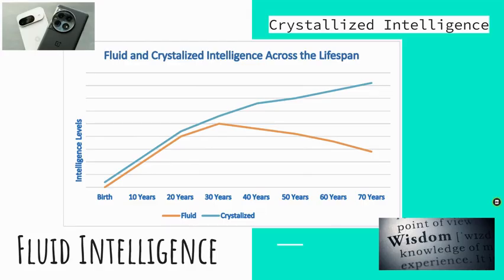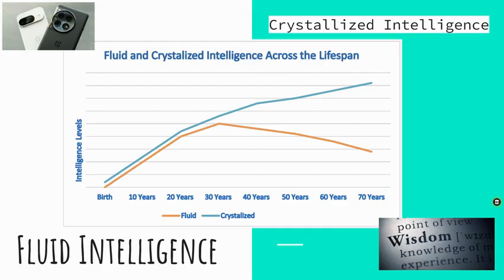Fluid intelligence is that type of intelligence that we can reason speedily and abstractly. It's our ability to solve logic problems. It's our ability to pick up a new cell phone and figure out its workings, to be able to open up a computer app and try to figure out and deduce how to utilize that. Those types of intelligences decrease as we get older.